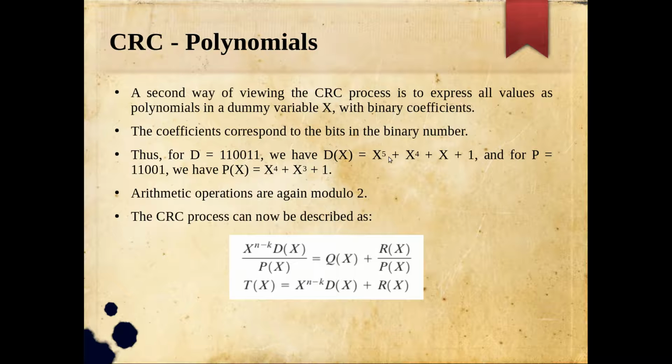Multiplication by x raised to n minus k, which is how many bits, for example 5. If the polynomial is of 5 bits, then, hope you remember, p is taken to be n minus k plus 1 bits, right? So n minus k in this example is 4. So you are multiplying this polynomial with x raised to 4. This x raised to 5 becomes x raised to 5 into x raised to 4, that is x raised to 9. Okay, we will take an example and we will see.